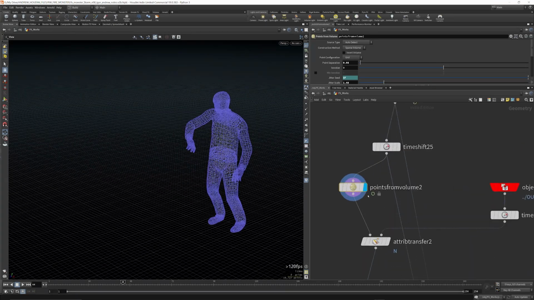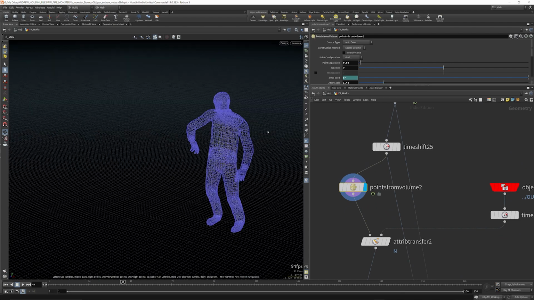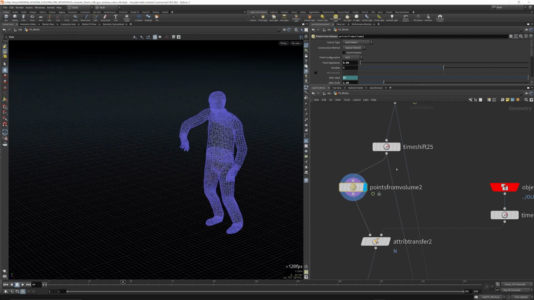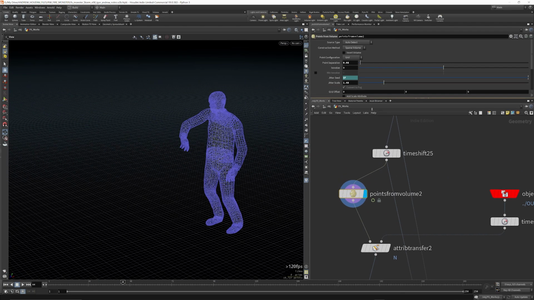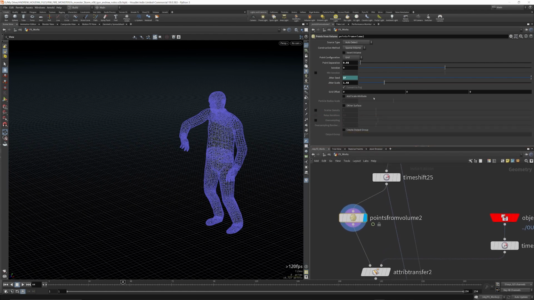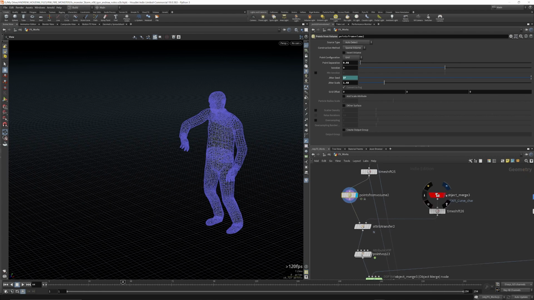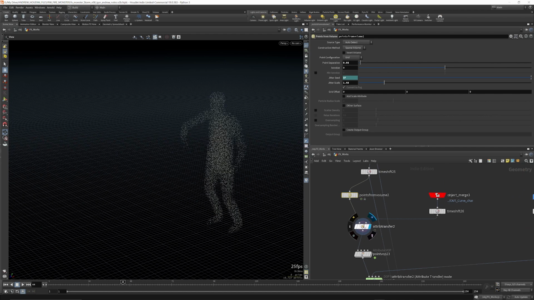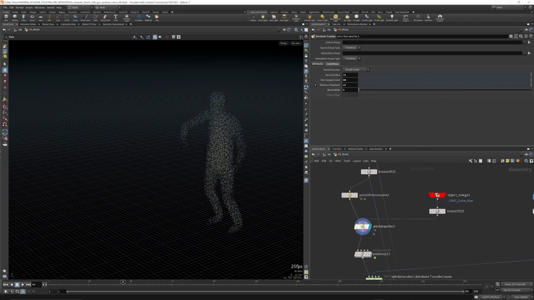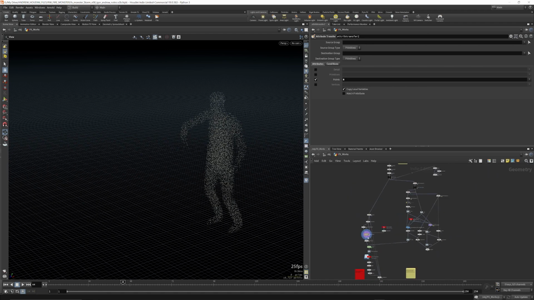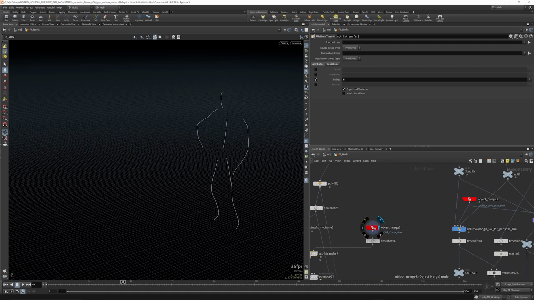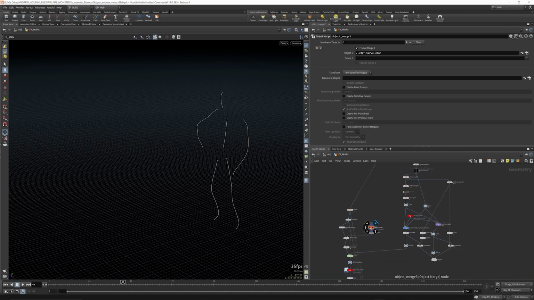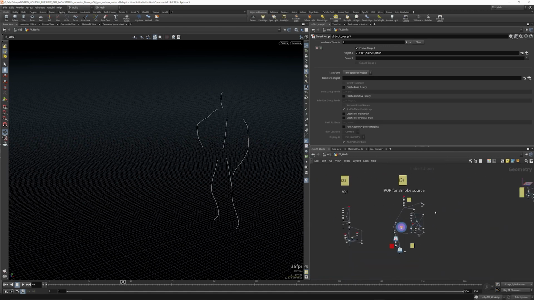So this node is basically scattering points inside a volume, and that's exactly what we're doing here. And from here we're importing those curves and transferring the N onto those points. And I believe the N out character curve